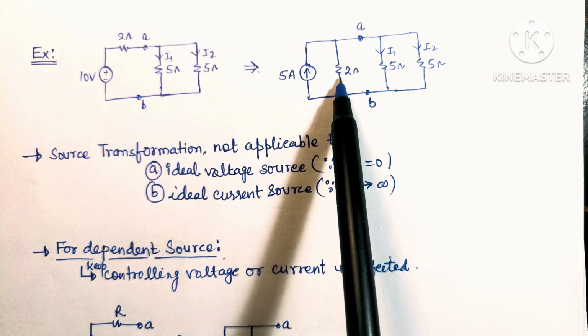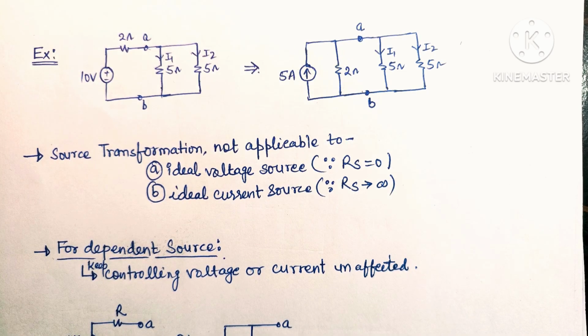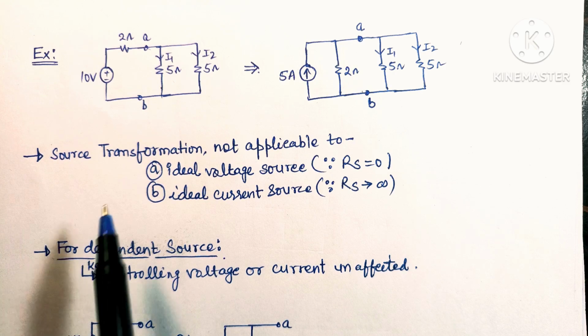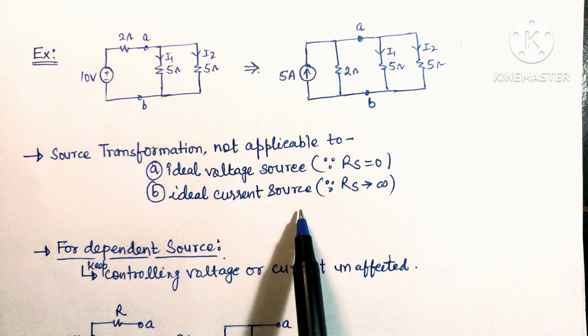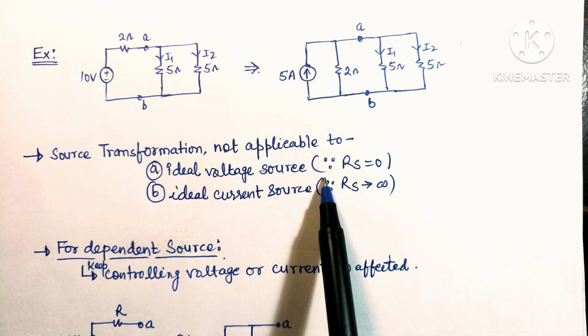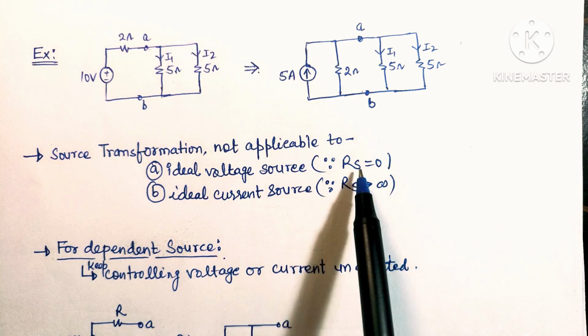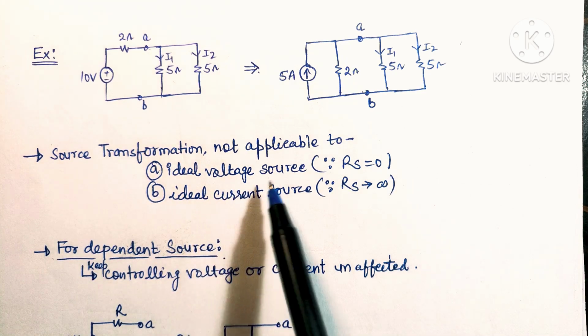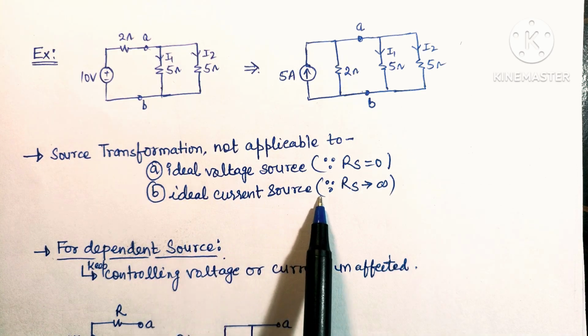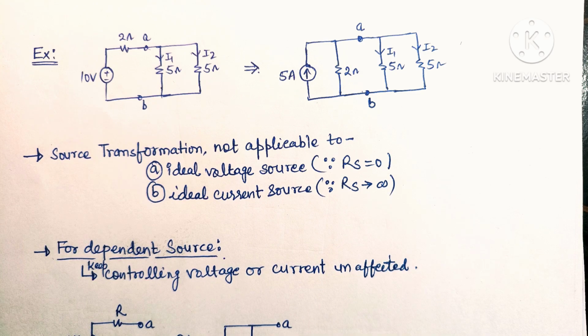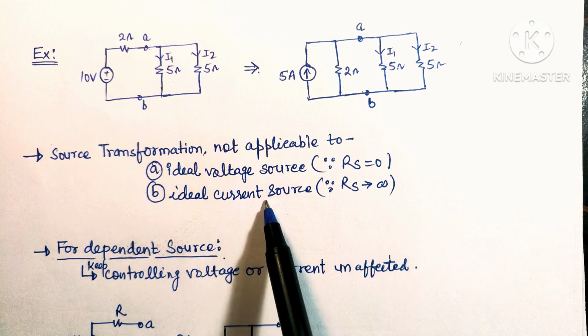This is the source transformation we can use in any circuit at any time, if the circuit is linear, for simplification of our circuit. Here we need to remember that source transformation of an ideal voltage source and an ideal current source is not possible, since the source resistance of a voltage source is equal to 0. So the ideal current source value will be infinite if we convert a voltage source into a current source. And the ideal current source resistance is infinite, so the magnitude of the voltage source will be infinite if we convert a current source to a voltage source.